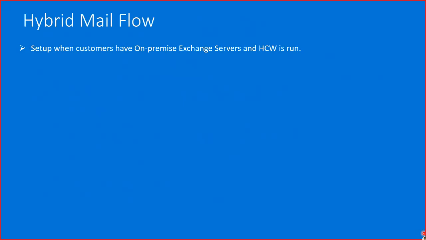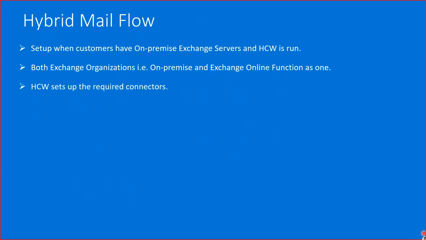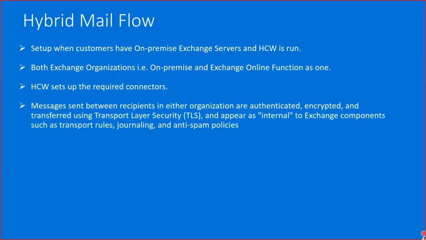We set up hybrid mail flow as part of the hybrid configuration wizard. So when we run HCW, HCW will configure the connectors for us. It will select the right certificates for us, and essentially it will ensure that the mails between these two environments, that is the on-premise environment and Office 365,